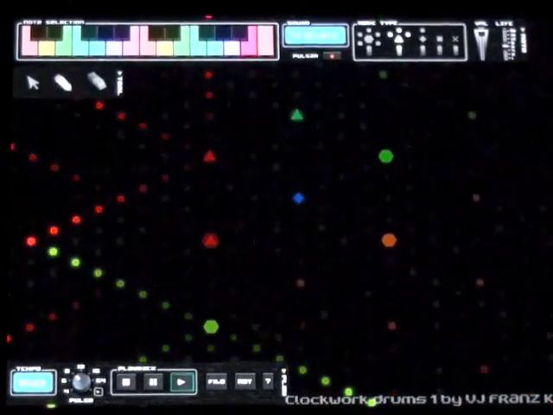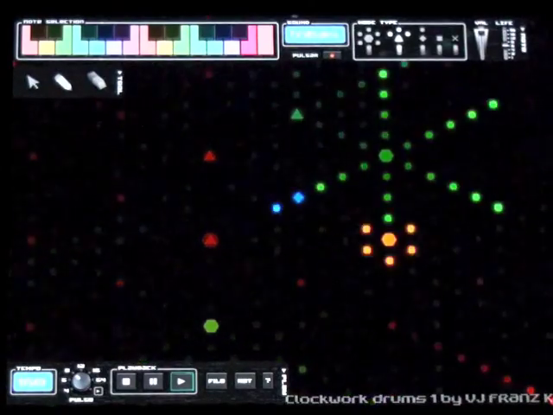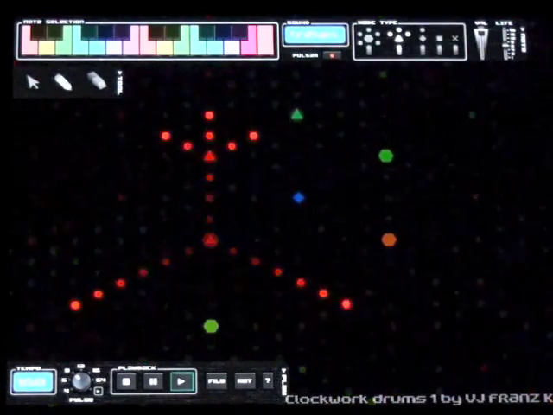Alright, here's another one of my sequences called Clockwork Drums 1, which you can download from their online library